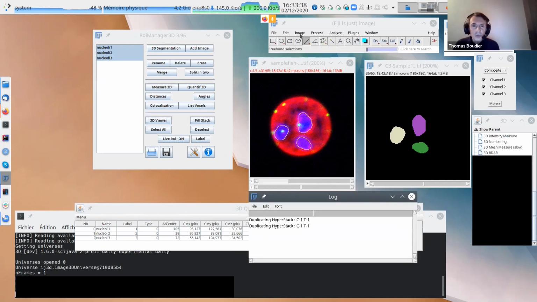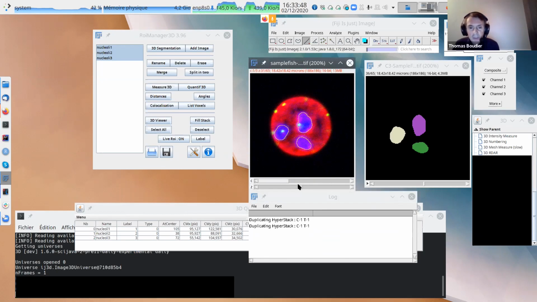You have to check that the image is correctly labeled. So it should be really T. The computer should know that this dimension is T, this one is Z. Of course, instead of T, it may write C1, T1, and then C1, T2, and so on and so on. So it's working exactly the same.